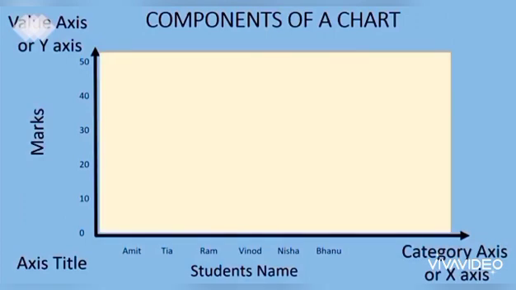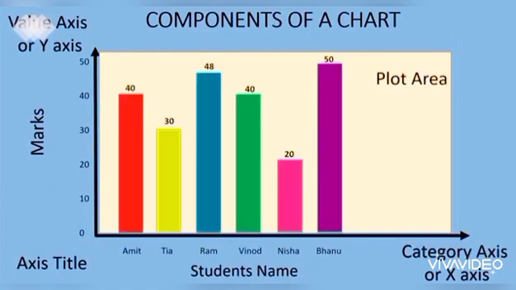After this, we will learn what is the plot area. The plot area is the area between the x-axis and y-axis where you are going to create your chart. That is the plot area. Now next is data series. Here I have used a column chart. So data series is basically a set of data that is representing different values. You can use it in different colors, or you can even use the same color. That we will learn how to create and how to format after this.